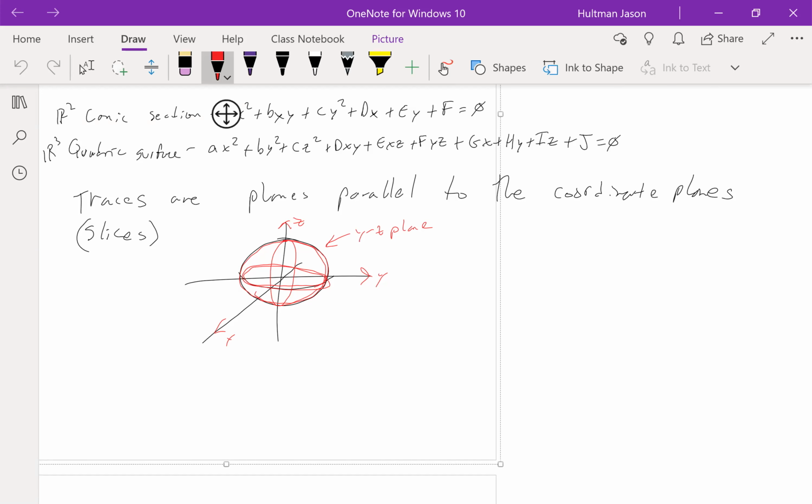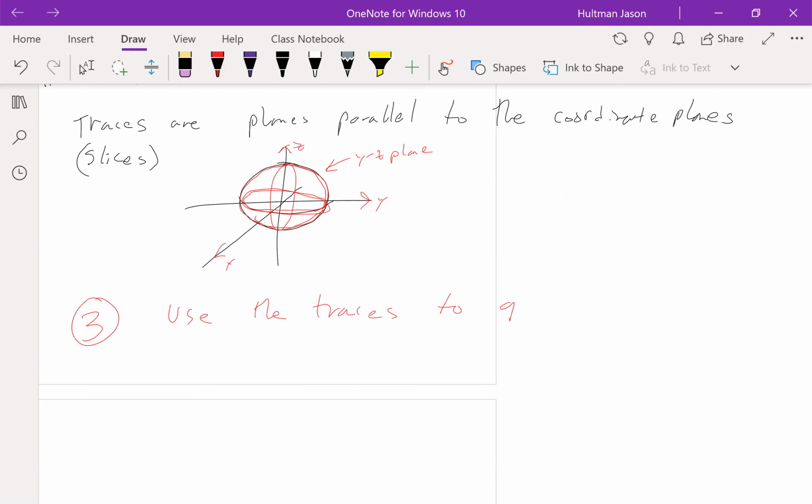I don't know what number we're on at this point. I'm just going to throw up a 3. Who knows? Okay. Use the traces to graph, or sketch. We'll say sketch. We're not really graphing. To sketch, I think slices to sketch x squared plus y squared over 4 plus z squared over 9